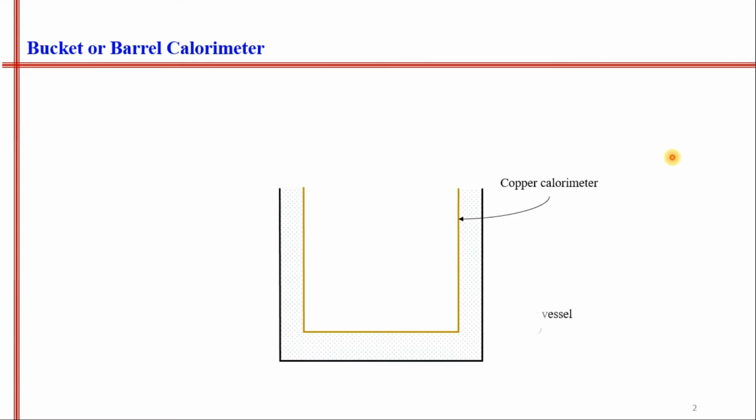So today we will discuss the bucket calorimeter or barrel calorimeter. It consists of a copper calorimeter, a vessel made of copper, which is placed inside another vessel. To maintain the air gap between those two vessels, we place the copper calorimeter on wooden blocks inside the outer vessel. We put it on wooden blocks to maintain this space between the calorimeters. This space acts as an insulator against heat,